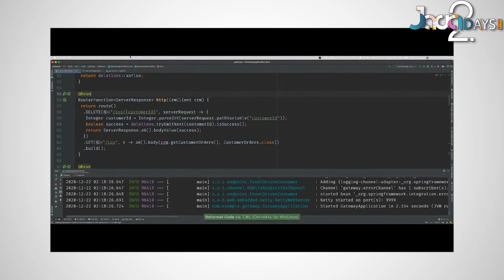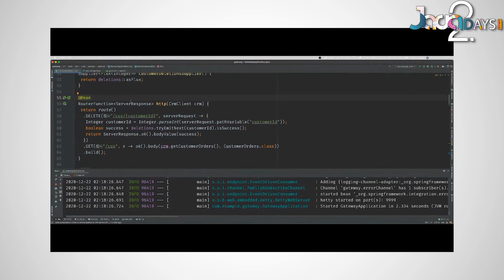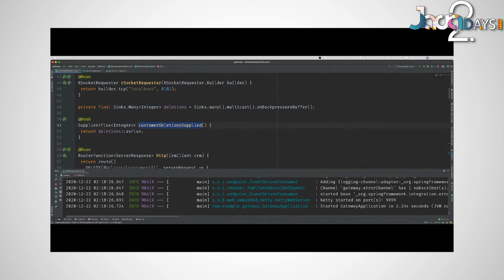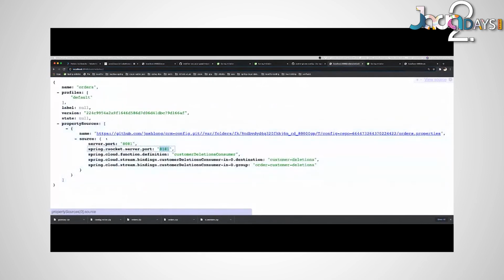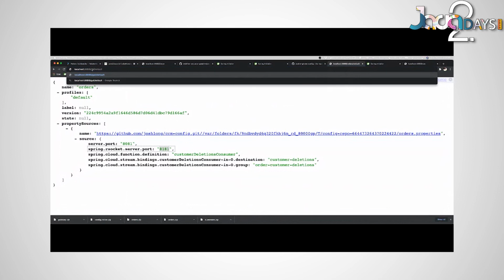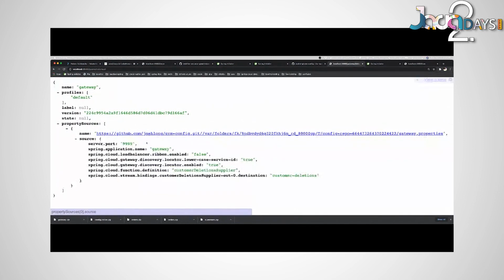Now I need to do the same thing on the other side. I need to be a consumer, and so this is this bean that we created, this customer deletion supplier. That bean has to be configured in the code, right? So here in the gateway configuration, it says I've got a Spring Cloud function definition called customer deletions supplier.